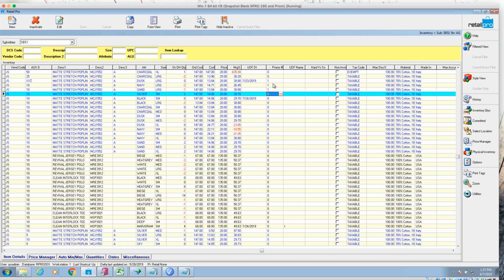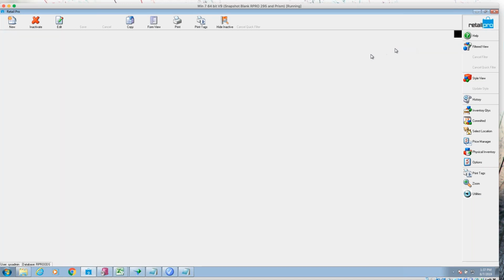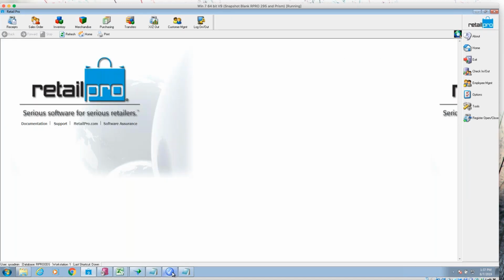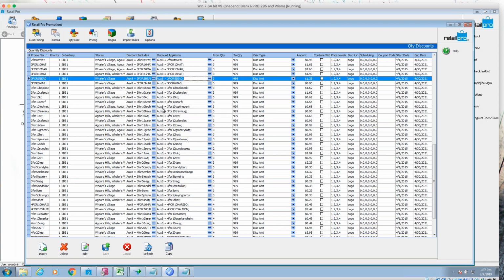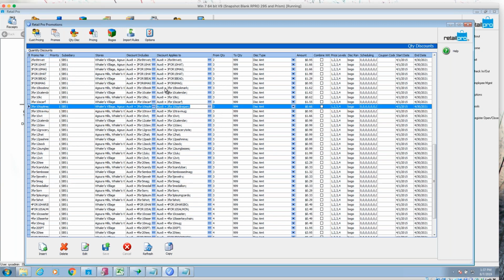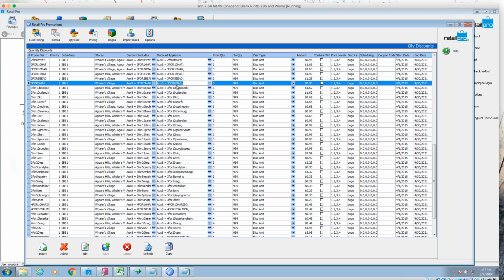But since you're doing it by price point, you'd have to be grouping similar price points anyway. And I guess that's another issue. Let's go take a look at that. If we were in quantity discount schedule, and this has a lot of quantity discount schedules, you see here that the client who set this up is using Ox8, right? They're using Ox8 and they're putting different marks in Ox8 to